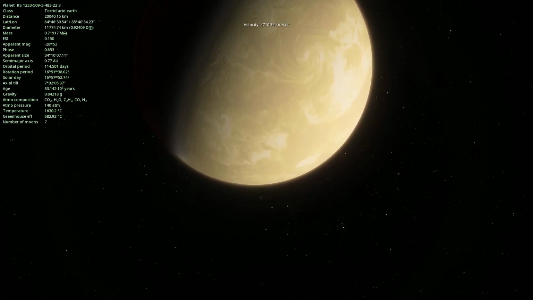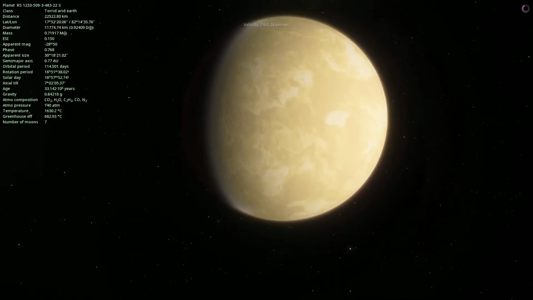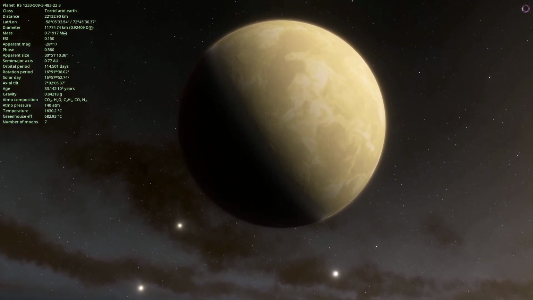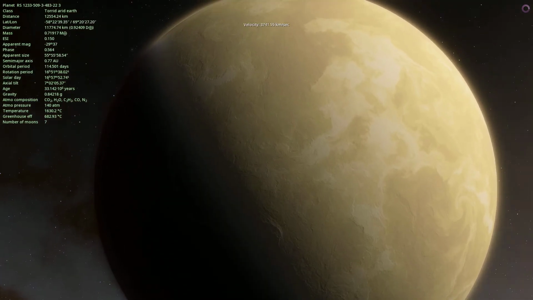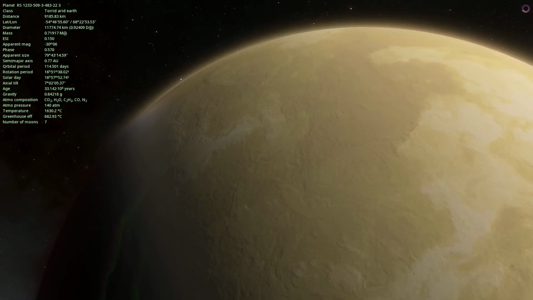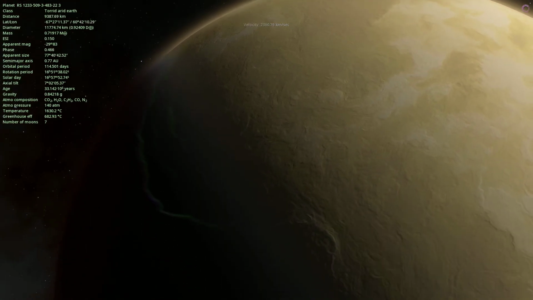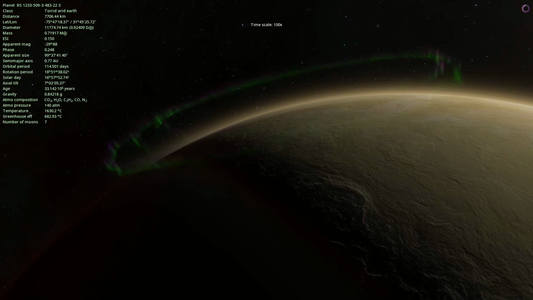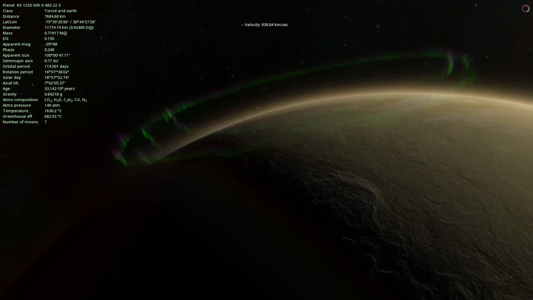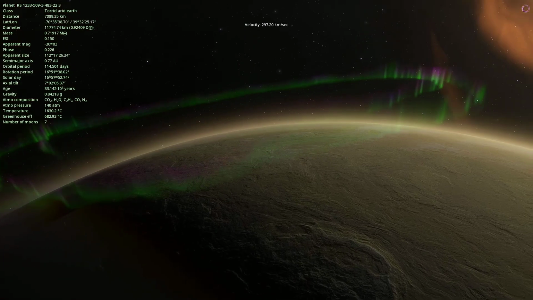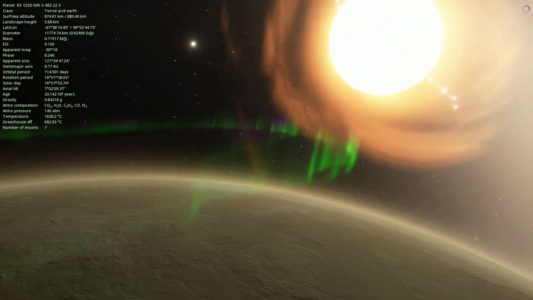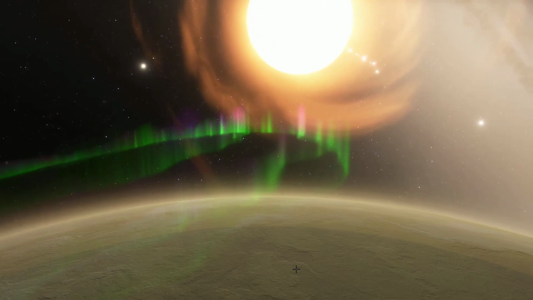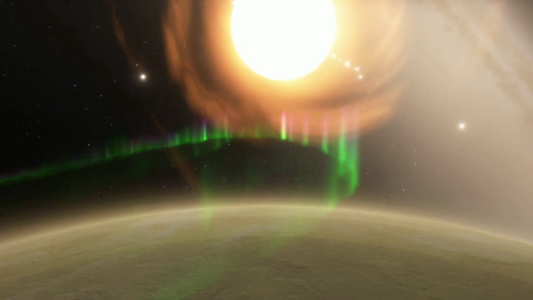Let's get a view with Andromeda in the background. Very nice. Oh, and it seems this planet has an aurora too. Let me multiply the timescale by 100 so we can watch this aurora dance and shimmer in the light. We'll get a better angle on our line of sight and... holy cow. Well, I don't think I'll be topping that view this session. Best that we call it here and do this again another time.